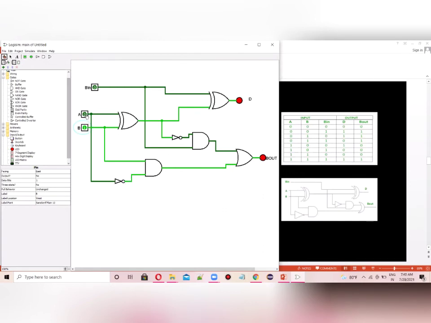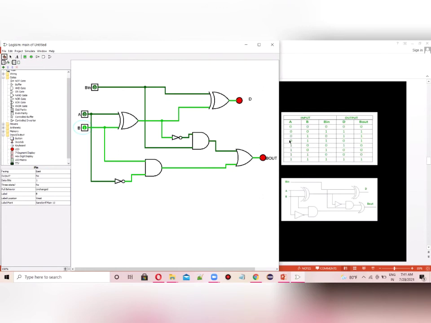So 0 is coming, and by using the NOT gate it changes into 1. So 1 and 1 gives 1. Here also, in the XOR gate, if any input is 1, the output will be 1, so the LED is on here. And at last, this is also on because it is connected with the OR gate, and in an OR gate, if any input is 1, the output will be 1. So our third case is also correct.